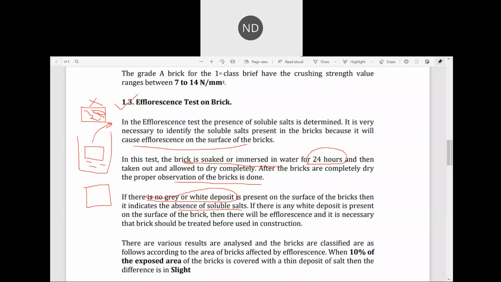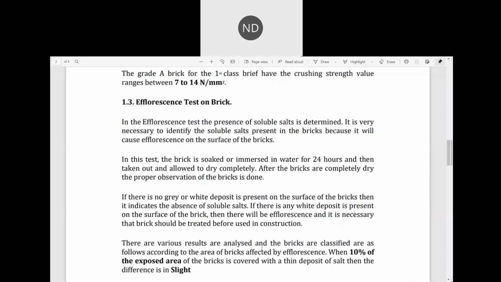The bricks are analyzed and classified as follows, according to the area of bricks affected by the efflorescence. Okay, this you also have to know. When 10% of the exposed area of the brick is covered with a thin deposit of salt, then the difference is in...